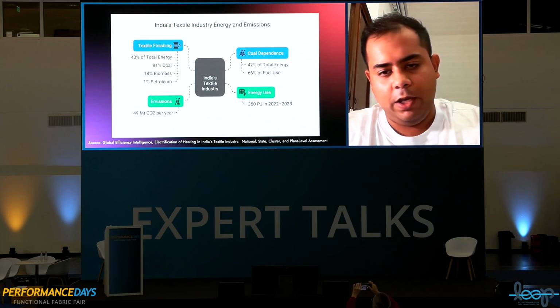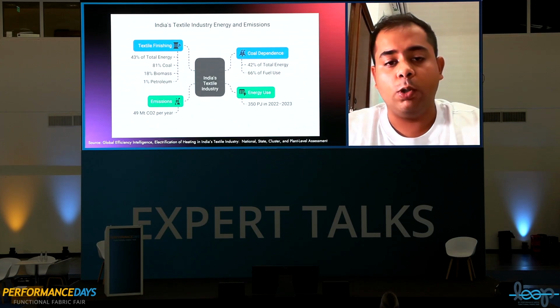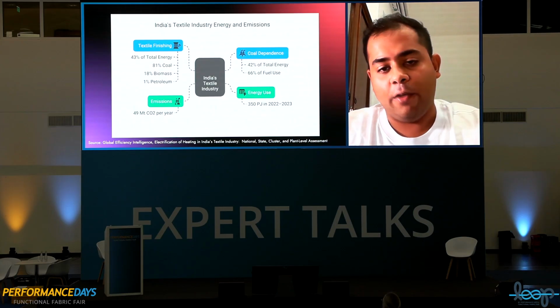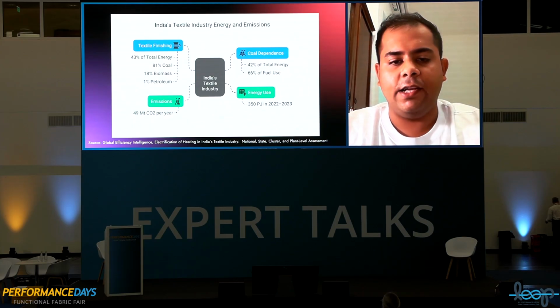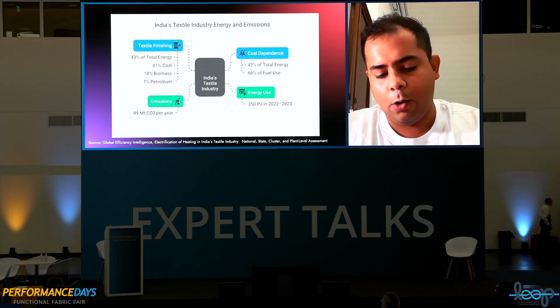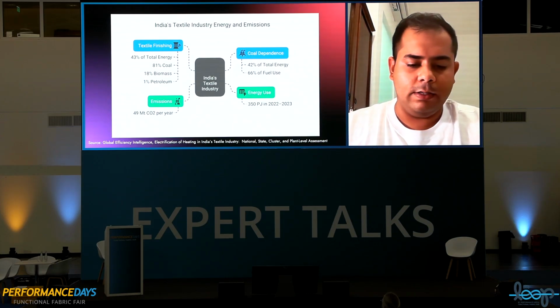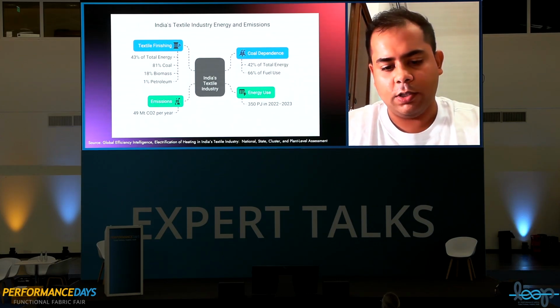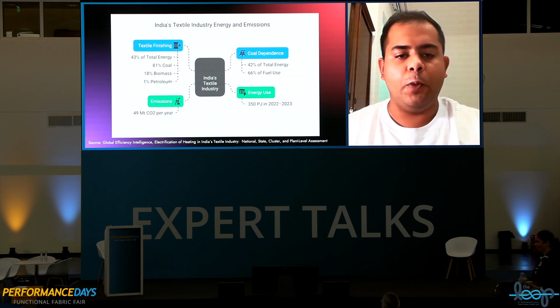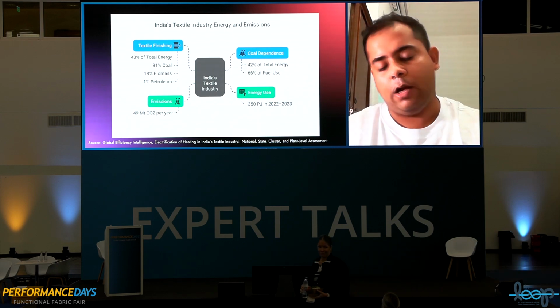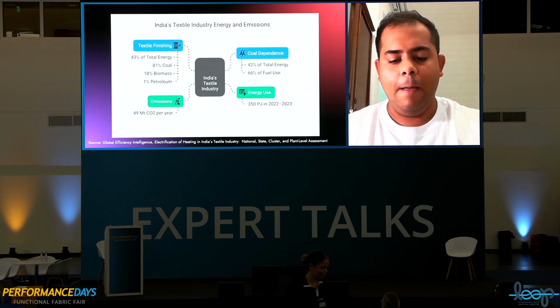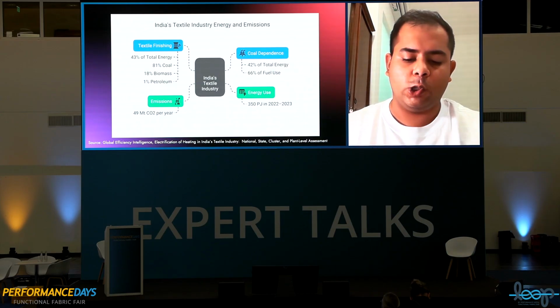And as we can see, we use a significant amount of energy. Most of it, if you look at textile finishing, which uses 43% of the energy for the entire industry, is driven 81% by coal. And I'm sure everyone in the audience would agree that coal is a linear fossil fuel source. Solar and other renewables are more circular, not 100%, there's almost nothing 100% circular, but much more circular because the fuel source is regenerative.